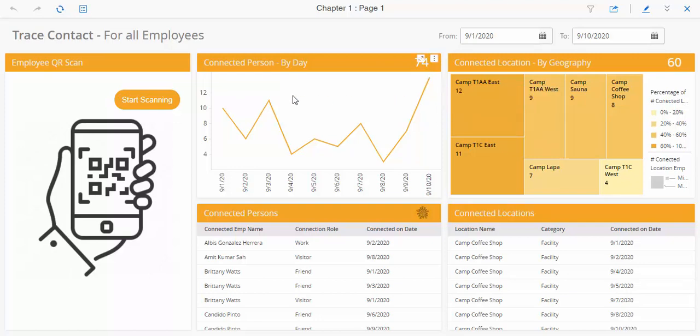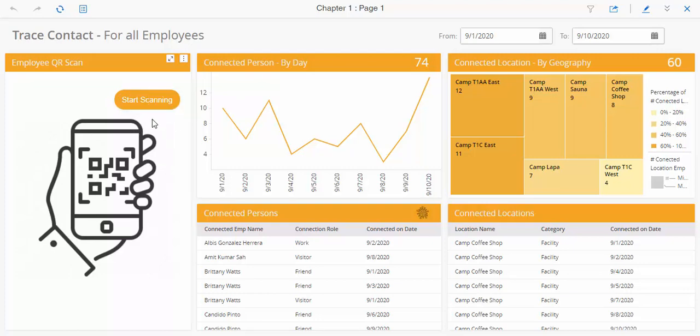So I'm just giving you one example over here. It's a trash contact example, as we are in this pandemic situation. So I thought, let me create some dashboard related to that, and along with that I can show one of that particular plugin's functionality. So this is the plugin, and currently this is showing for all employees, but obviously we are going to do per person, per employee analysis with this QR scanning plugin.